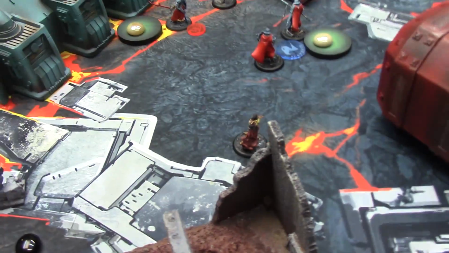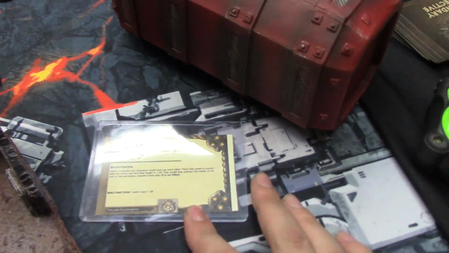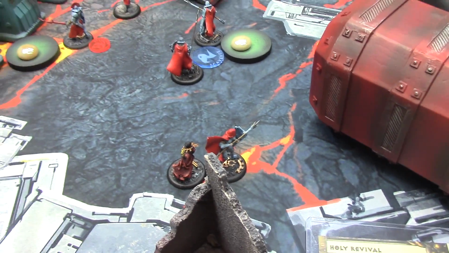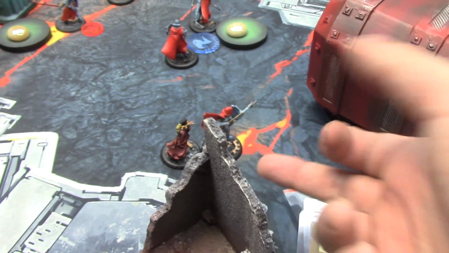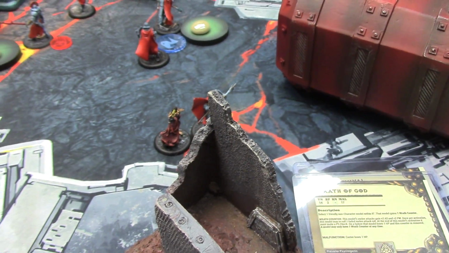Now, for those of you who haven't seen the other videos, the whole play that I use with the Voice is that you have this spell called Holy Revival, where you pick a dude who's been killed, and you bring him in, and he comes in base to base with her. And then the next thing you do is you do Wrath of God on him, so he's the +2 to everything. Now, the downside is when he activates, he dies at the end of his activation. But he was already a freebie dead guy anyway, so...